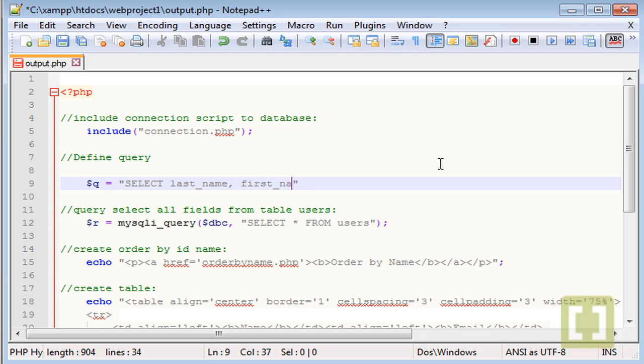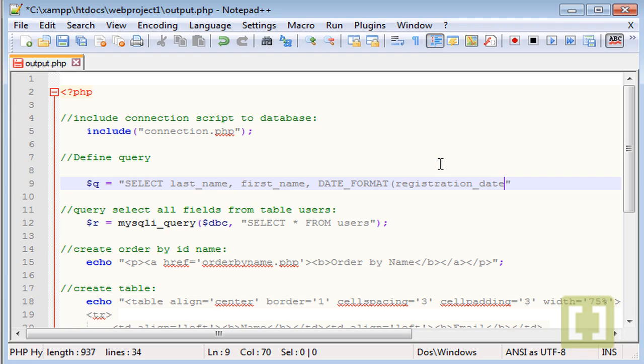Let's type also the first name, comma, and then DATE_FORMAT, and here let's type the registration inside the parentheses, registration date, the name of the field that we've just created,